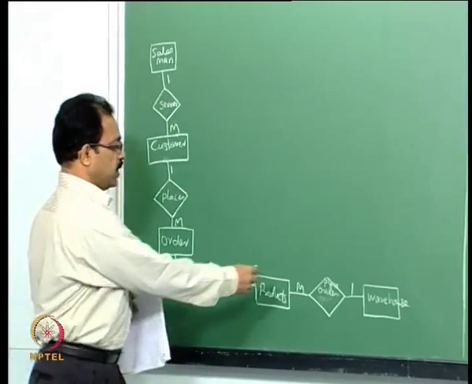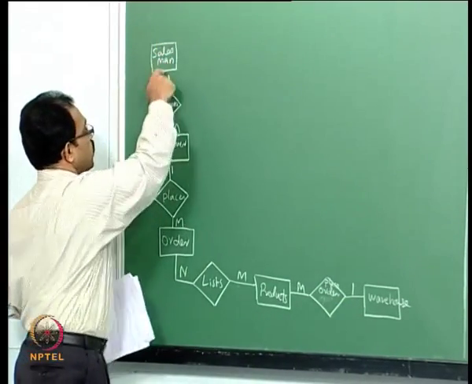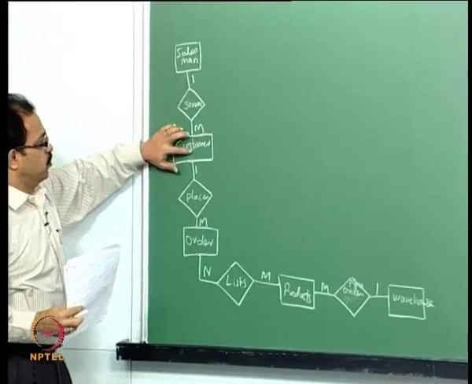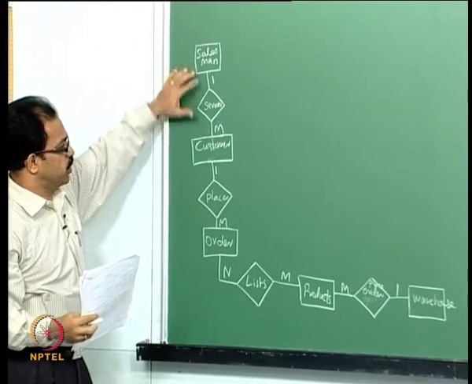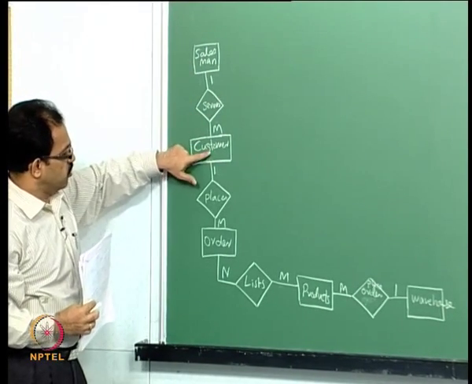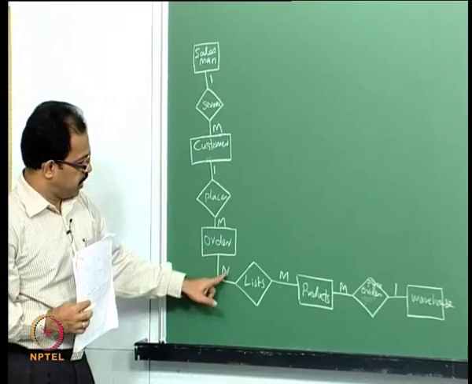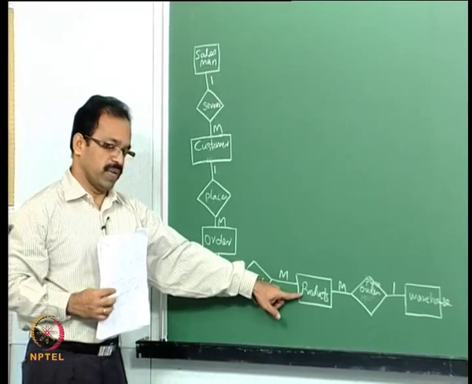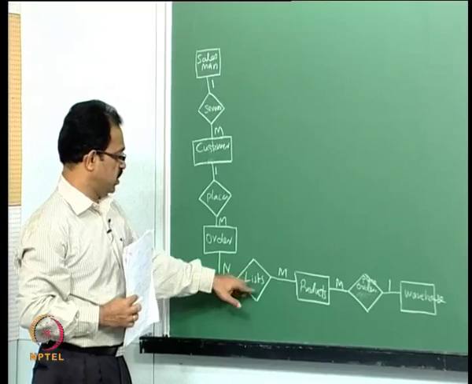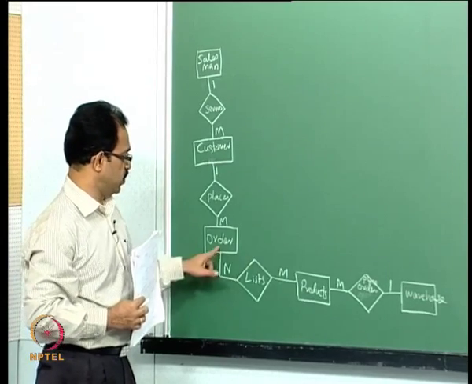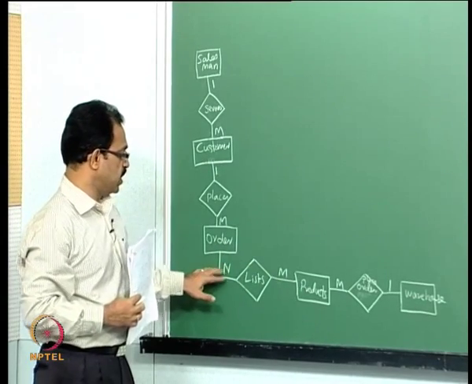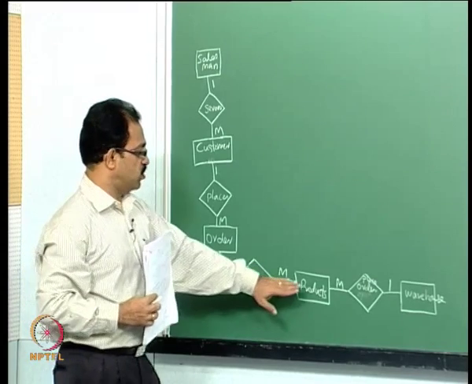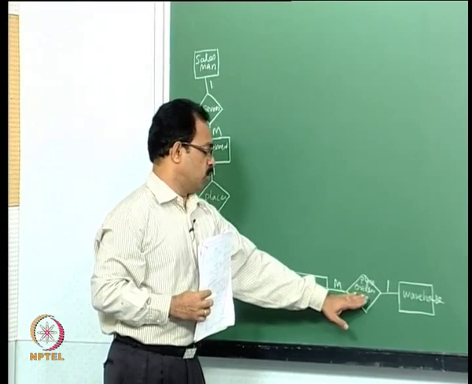So, this is the relationship from the salesman. One salesman serves many customers. So, a 1 to m relationship for the salesman to customer, and then one customer places many orders. Many orders are listed into the m products. So, m products are listed in this m to m relationship between the order and the products. There are n lists and m products, and these m products are ordered to the one warehouse.